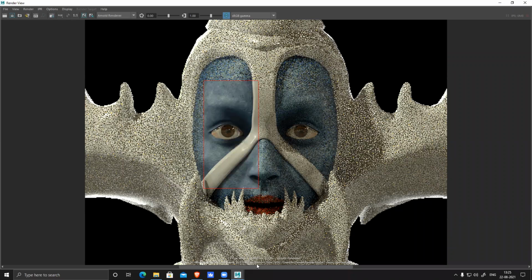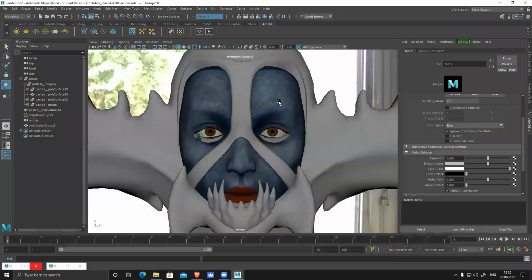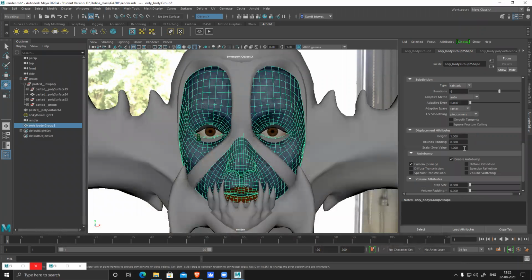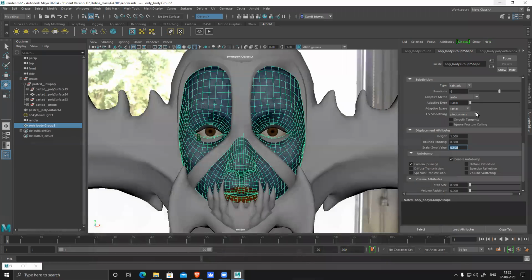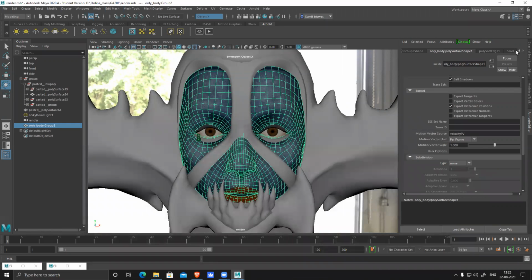So I can remove the normal map only and we'll get a better result. But the eyes are slightly off. So what I'll do, select this. This was 0.5, so make it 0.5, and go back to the main head.